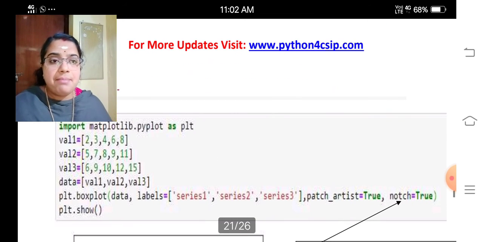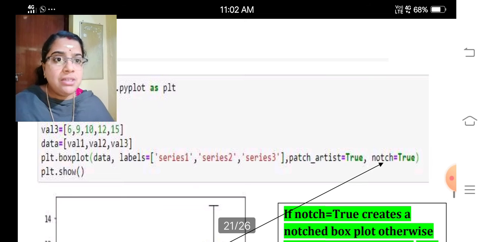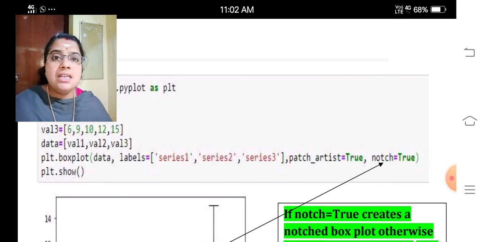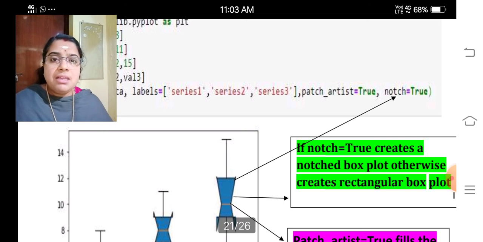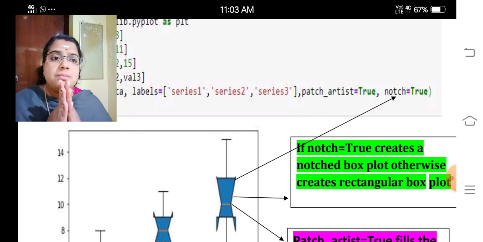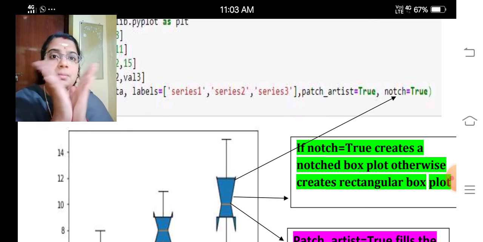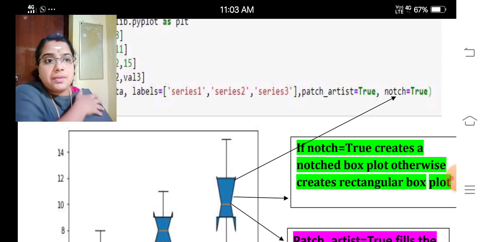Coming to the next example, I had added 2 extra parameters, patch artist and notch. Here notch, the Malayalam meaning of notch is nothing but a width, like a narrow band and a broad band.